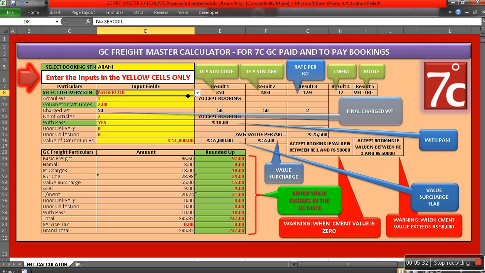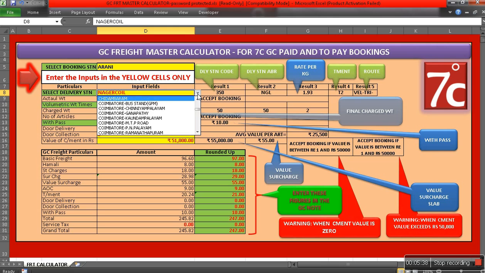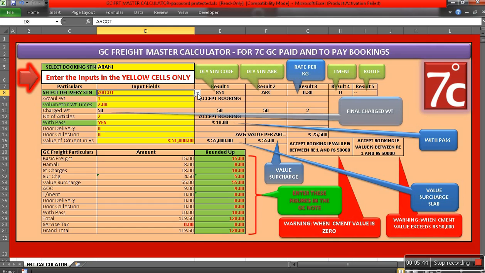Let's say the booking station is Arani and the delivery station, let's say, is airport. Suppose you want to book a consignment to airport. Select airport and hit enter. The moment you hit enter, in the second part of this module, it shows the delivery station code of RNA of ARCOT, that is 854, the delivery station abbreviation as ARC, the rate per kg, that is